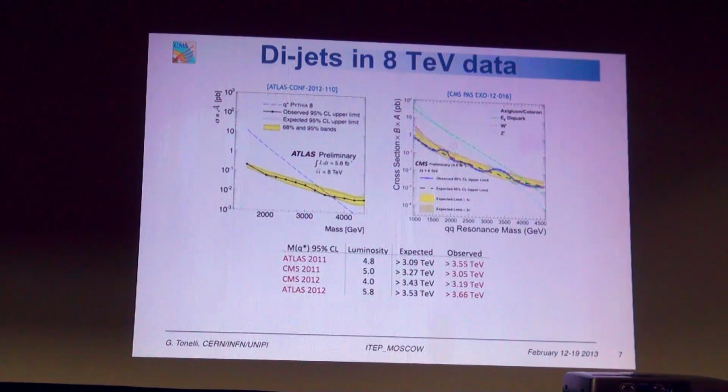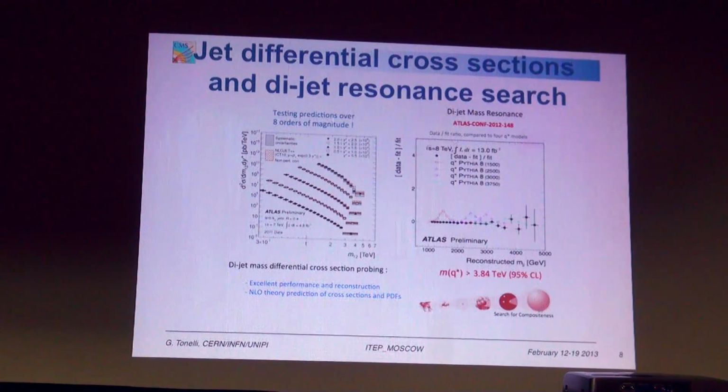So if you really want to have another step forward in this direction, you need to go to 13 TeV. So these studies will be done again as soon as the machine is running at 13 or 14 TeV. Because there you can extend this reach, hopefully quickly, to something like 7 or 8 TeV, really saying something conclusive on the possibility for this model that predicts these heavy, massive particles to be confirmed by experimental observation.